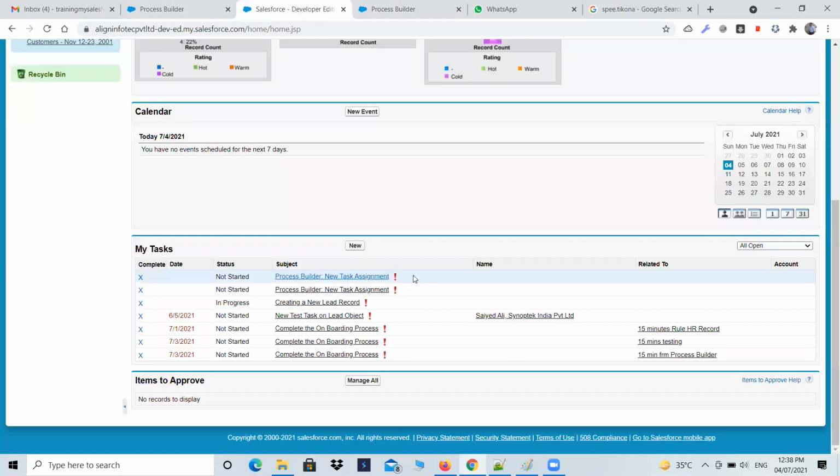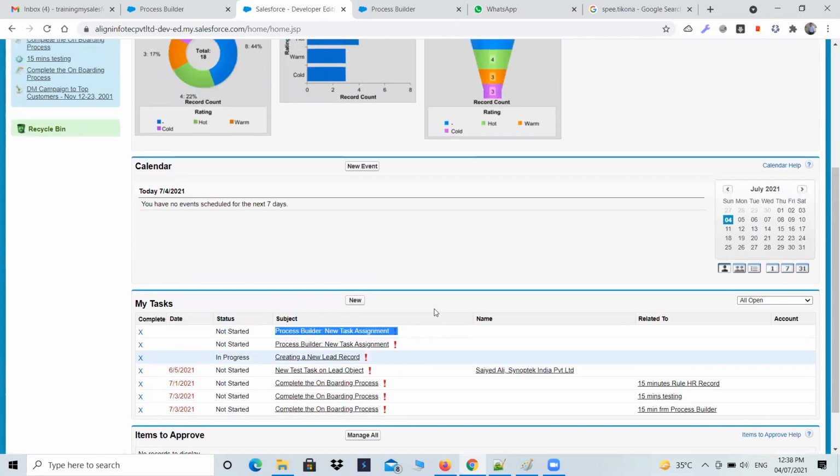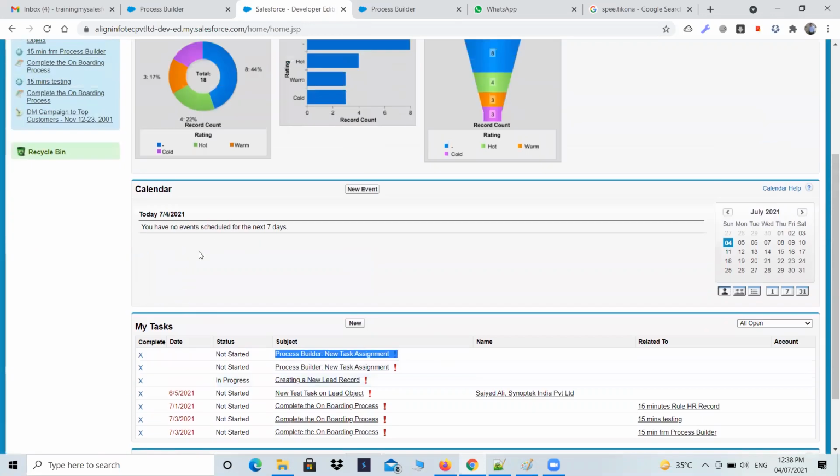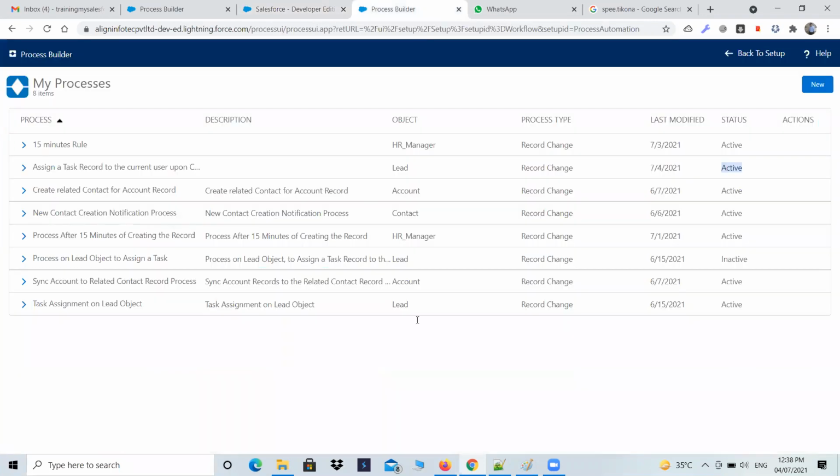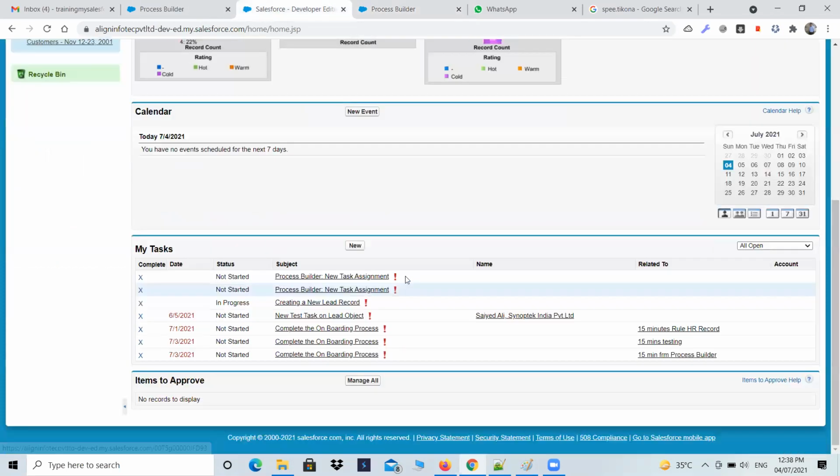बट हाँ चलो, ये प्रूफ हो गया आपको कि एटलीस्ट रिकॉर्ड तो क्रिएट होता है टेस्ट ऑब्जेक्ट से। और यही इवेंट से भी होता है, अगर आप इवेंट ऑब्जेक्ट पे जाके करो तो यहाँ पर आपको एंट्री मिल जाती है। तो इस तरह से बेसिकली प्रोसेस बिल्डर से आप रिकॉर्ड क्रिएट करेंगे। अब मैंने 3 वर्जन बना के रखे जिसमें से 2 वर्जन एक्टिवेटेड हैं, ये वाला वर्जन भी एक्टिवेटेड है और ये वर्जन भी एक्टिवेटेड है, इसलिए हमको यहाँ पे ये दिख रहा है इस तरह से।